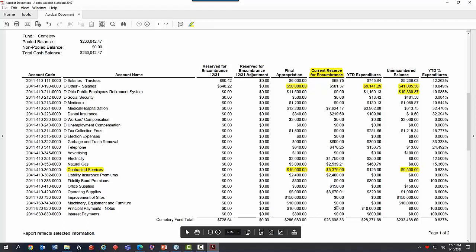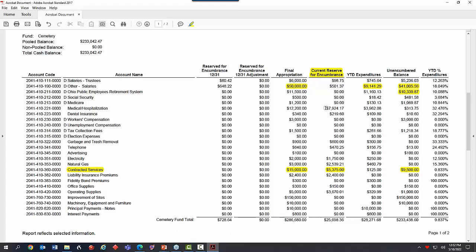This is the unspent balance of purchase orders, and in the salary accounts it would represent employee withholdings. So if you've got blanket certificates on all your appropriations, you see no unencumbered balance to borrow from. There's no point in going to reallocate because you haven't got any. You would have to actually reduce one of your blanket certificates, which is a whole different step that you would do in the purchase order utility.